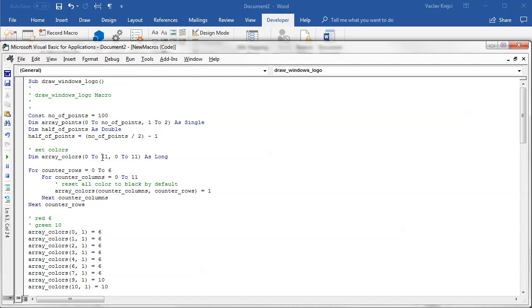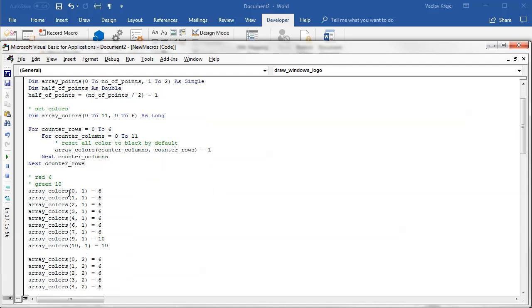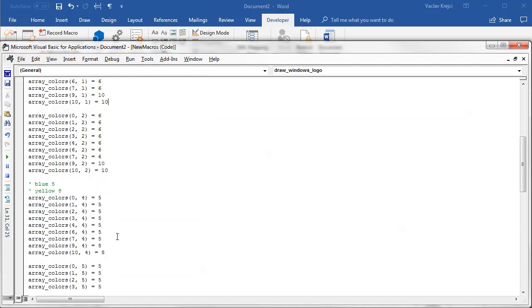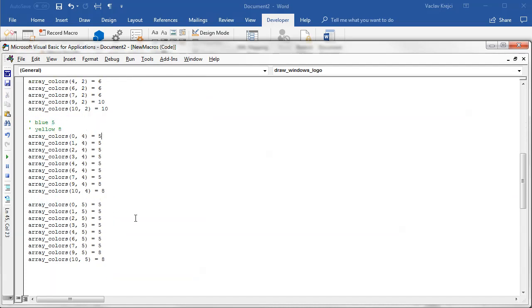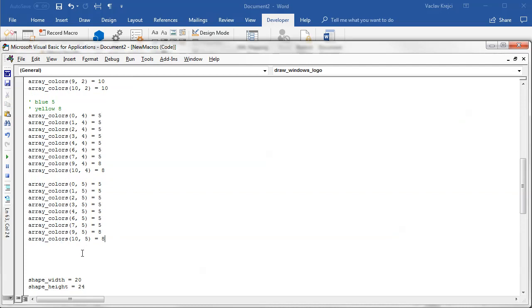which has the very same dimensions as the number of shapes. It's actually going from 0 to 11, and this should be 0 to, the y should be only 0 to 6 probably. So I'm looping for every item in this array, and I'm resetting the value to 1, which is the object theme color of black, and then I'm individually setting different pieces of this array to different colors. So red has the number 6, green is 10, then blue is 5, and yellow is 8. So once I have everything set inside array colors,